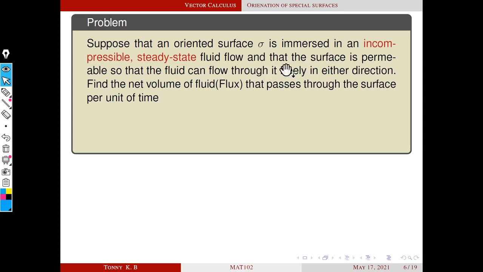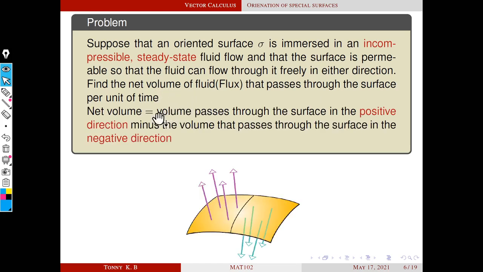Okay, and suppose that the surface is permeable so that the fluid can flow through it freely in either direction. Find the net volume of the fluid, that is called flux, that passes through the surface per unit time. That is our main problem. Here the net volume means the volume that passes through the surface in the positive direction, because our surface is,